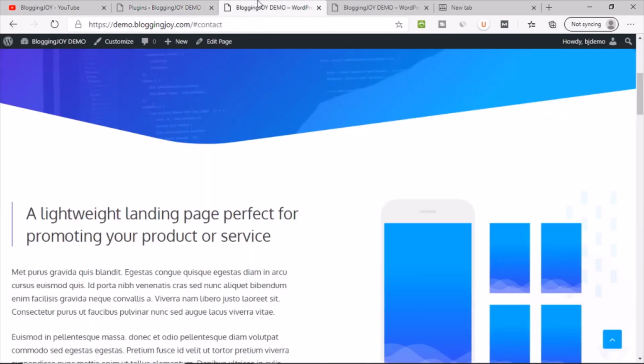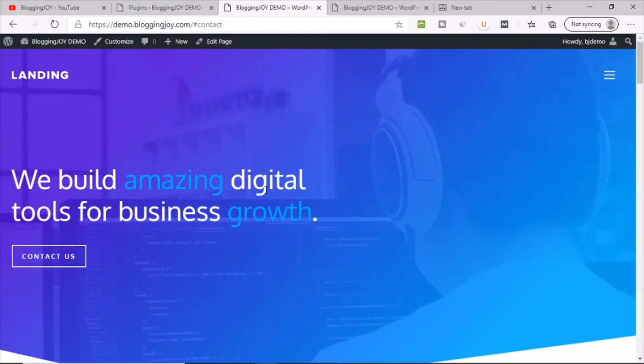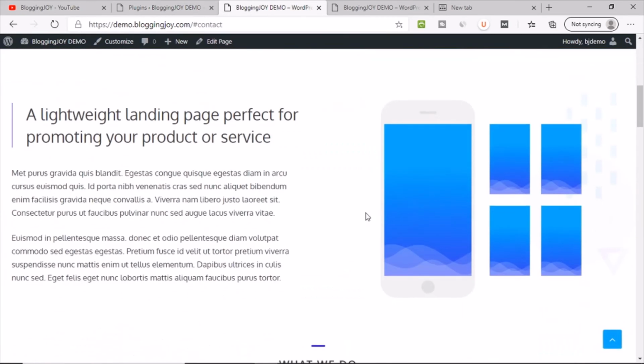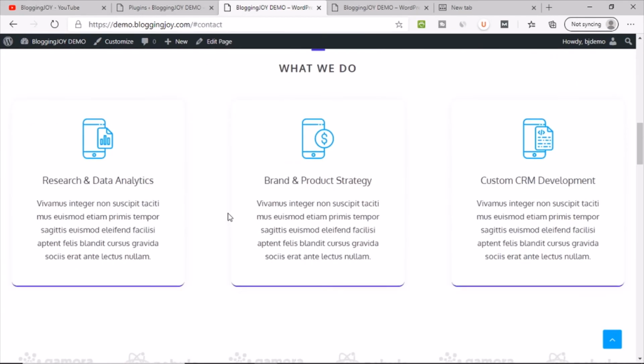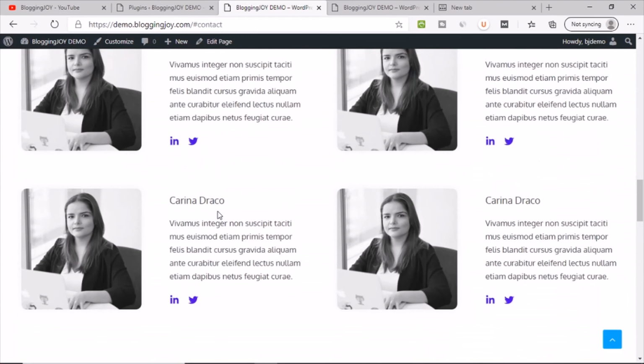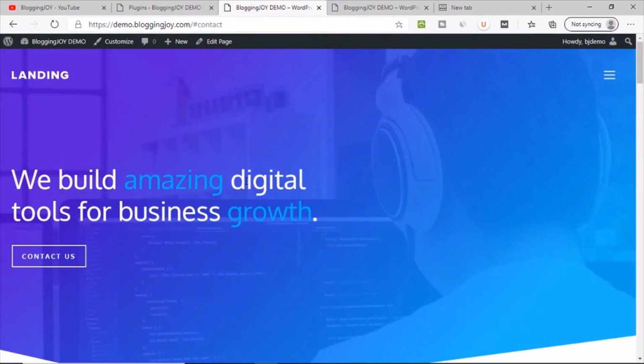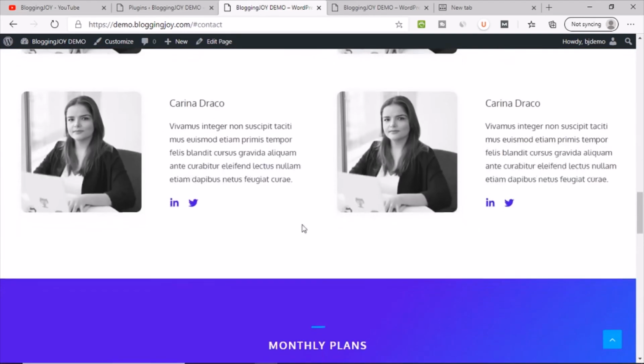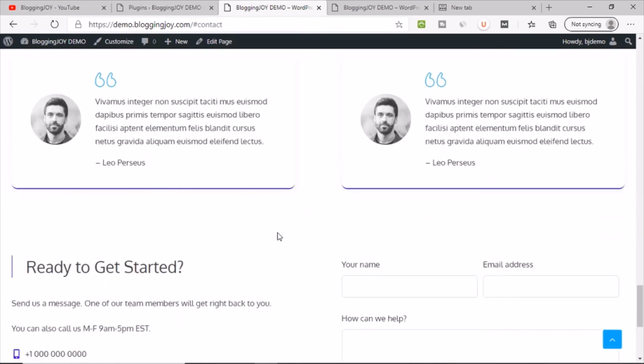So with the help of these plugins and GeneratePress premium site library option, you can create this kind of website very easily, just a few clicks away. So that's the major difference between GeneratePress free version and GeneratePress premium version. And as I already mentioned, this premium version will cost you very minimal investment. Go for it without thinking anything, because this is an important investment, because you just need to get one license and you can use this theme on unlimited websites. If you have a website designing business, then you can design plenty of websites with the help of GeneratePress theme.